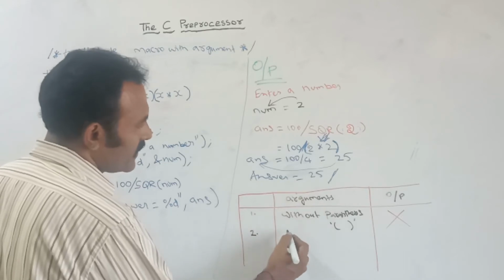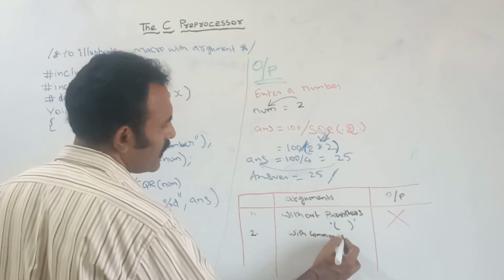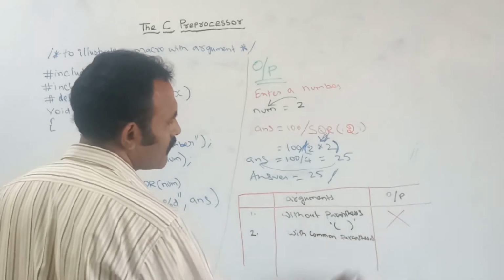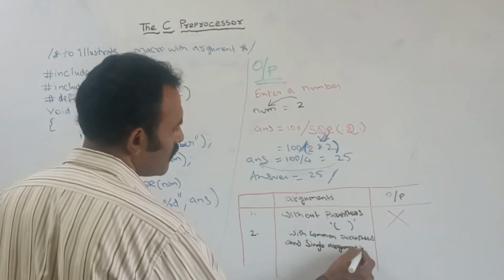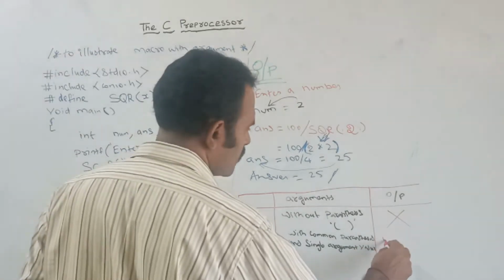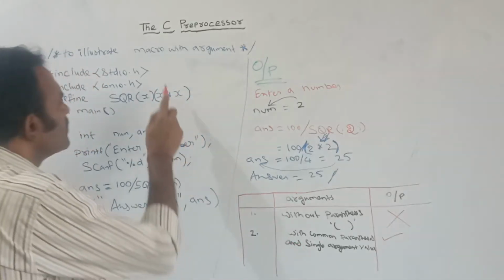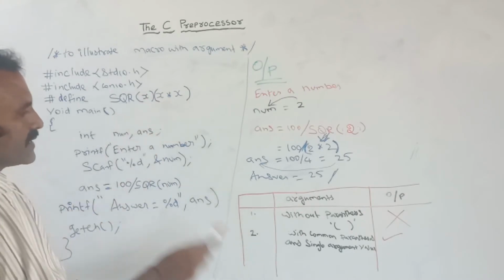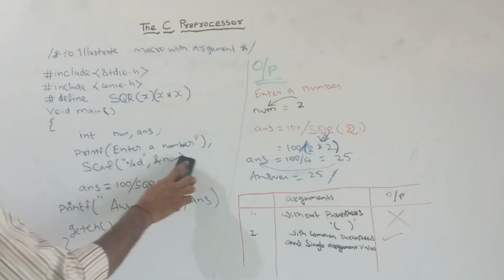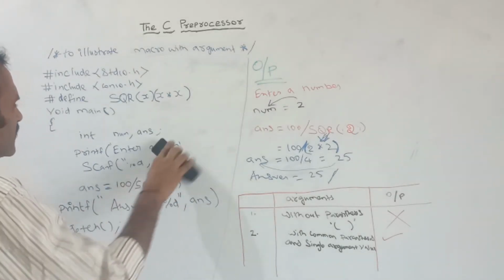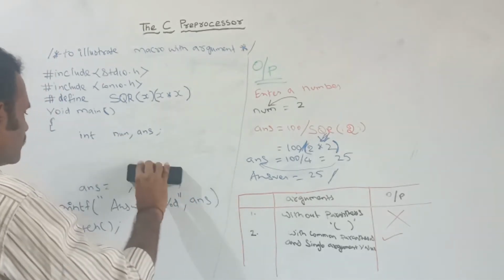In the argument, if you are getting single input with common parenthesis, suppose you are using the common parenthesis and inside here you are passing a single value, it is okay. Suppose here, without using the scanf function, you are giving some expression values, then it will show the error.